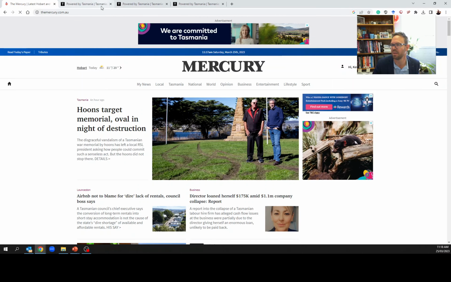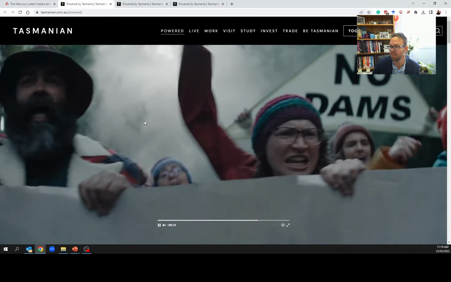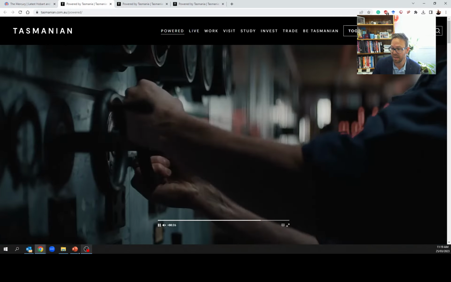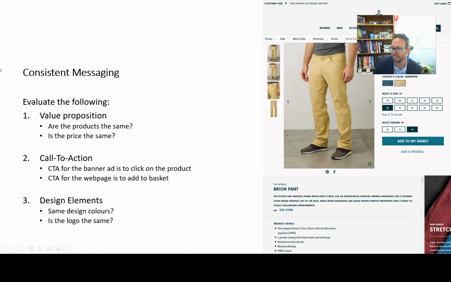Let's see what one we have. But I've got the Bank of Us one. So the key part is there needs to be consistency between the website that we land at and the banner that we got. Now, if you remember the girl in the brown jacket that we had, the product's the same. What they were advertising, the key. So if this is Brand Tasmania, what are they selling? Why are they paying for ads in our major newspaper? What message are they trying to communicate to us, the citizens of Tasmania? And are they consistent?